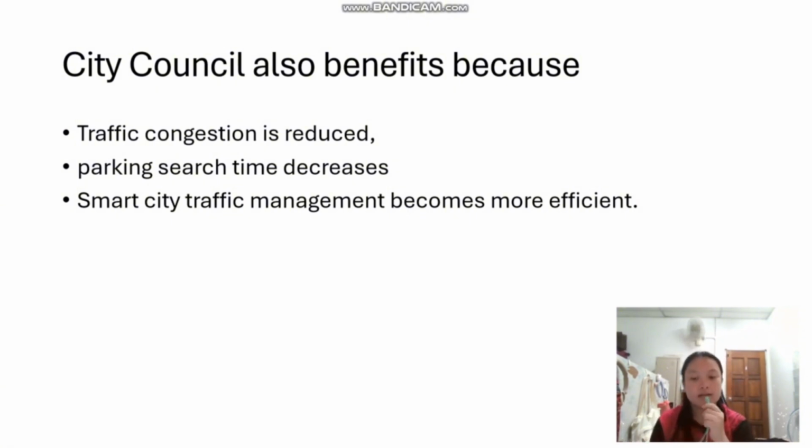In conclusion, scenario 5 shows the smart refund incentive strategy successfully improves both the operational efficiency and economic sustainability of the smart parking system. That's all from me. Thank you.